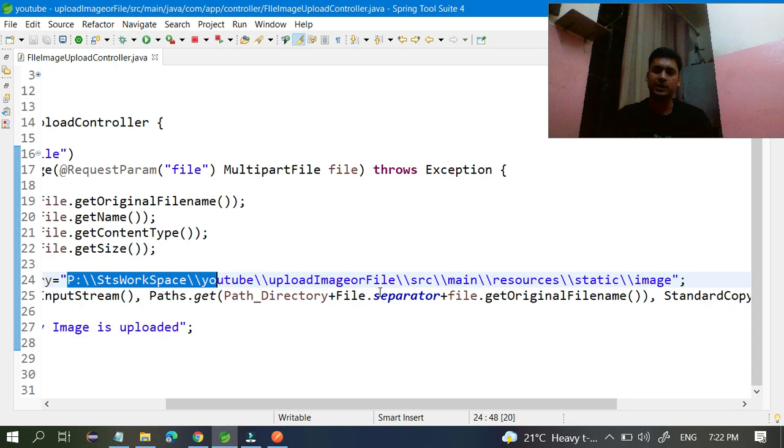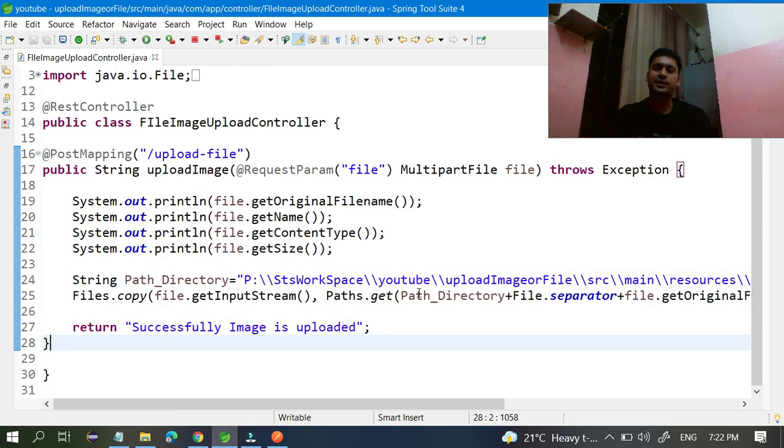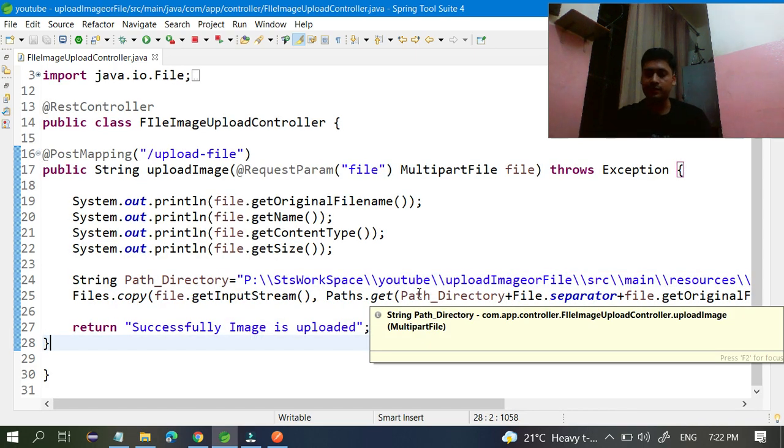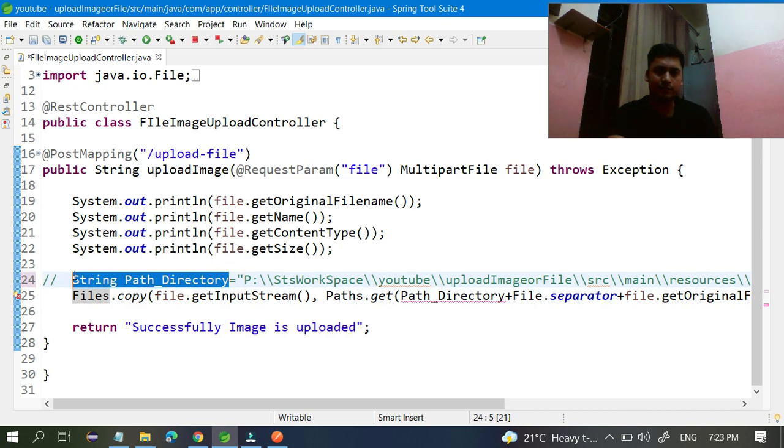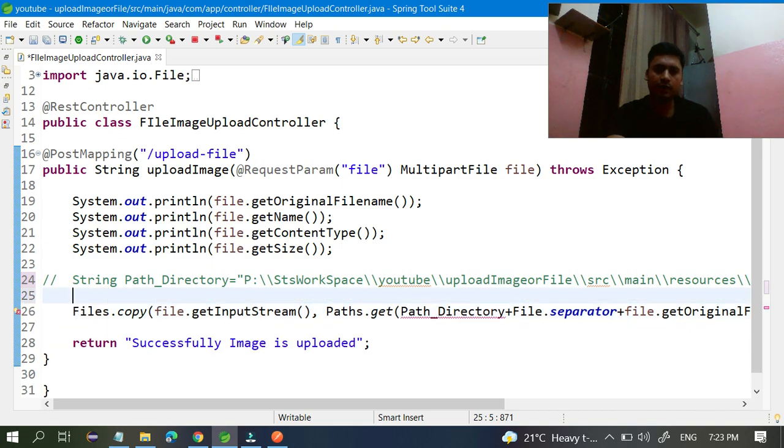There is another way to fix this problem. Take the same thing, and here you have to use a new ClassPathResource.